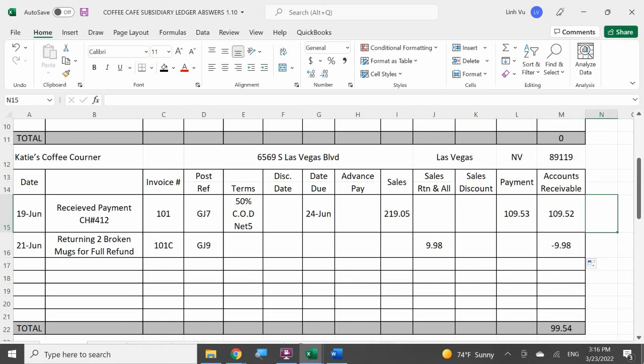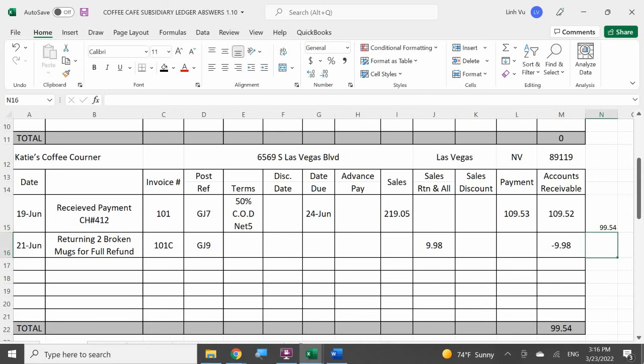Okay? And same thing here, I'm going to make this note that she owes me $99.54 because of this refund. And what I have to do here is reissue her a new invoice to make sure everything looks correct. Because that's the one thing about customers: if they ask for a refund, they're still going to tell you, I don't know how much I owe you. How much do I owe you? So you need to reissue them a new invoice with the updated amount, saying,